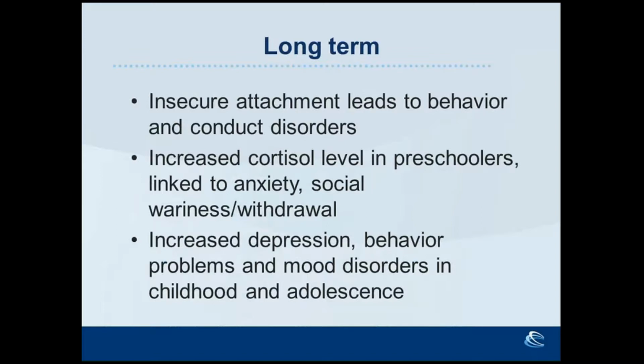In the long term, that baby's insecure attachment leads to behavior and conduct disorders. So this is something that we can help prevent right from the get-go, making sure that they're bonding. And actually, the babies end up with an increased cortisol level when they're preschoolers, and they have more anxiety, social wariness, and withdrawal. And we all know that increased cortisol can have increased weight implications, too, so it becomes an